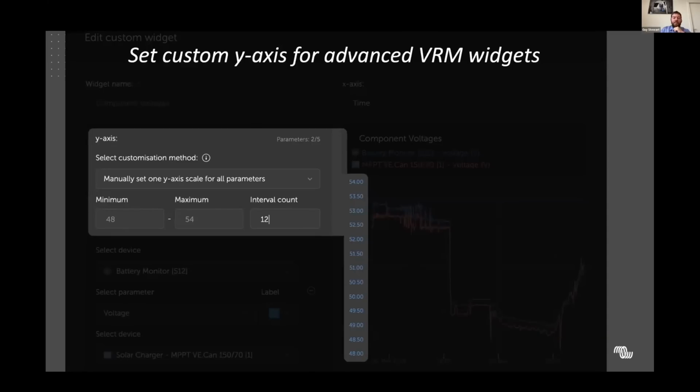That master scale axis for all parameters is extremely useful when you want to drill into minor detail. Normally our automatic y-axis scaling might not show you the resolution you want at the band that you want to see. So for example, if you have a narrow voltage band, or especially, for instance, if you have a narrow band of temperatures across multiple temperature sensors and you want to see variation among that, it allows you to control and zoom in on that y-axis dimension. That's extremely useful if you want that detail visually.